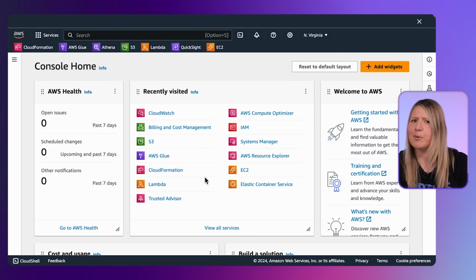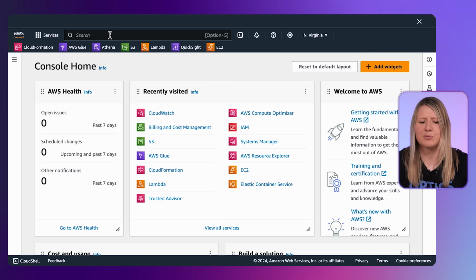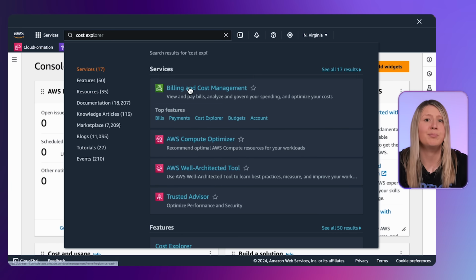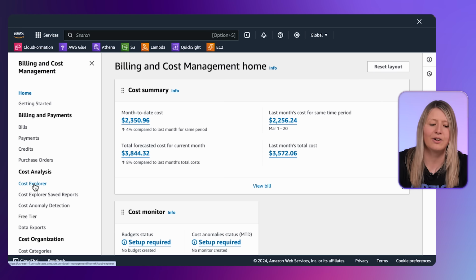Now, I've prepared a demo ahead of time for you guys, so let's have a look at where we can start to see our spend. To do this, we'll start with AWS Cost Explorer. We'll find this in the Billing and Cost Management console. Over on the left-hand side, click on Cost Explorer,